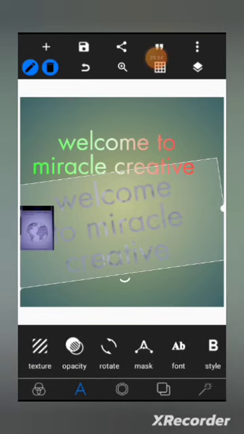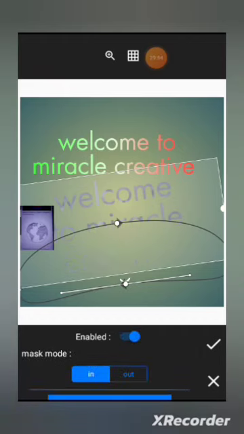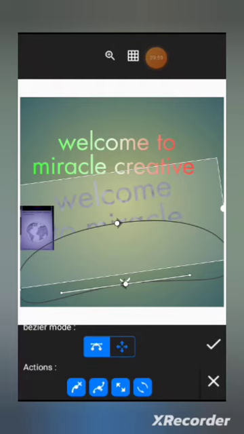New word on PIXELLAB, the mask has other buttons in it. Now let me enable a mask. Now we have different buttons on the mask. I am going to create a video specially for the mask, but let me give you the basic use of